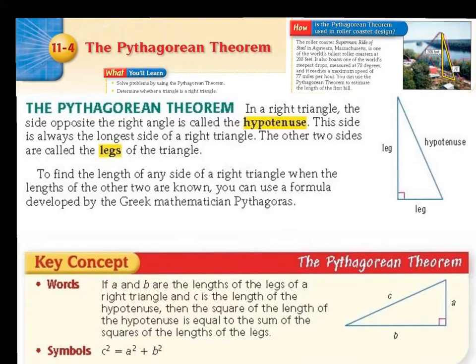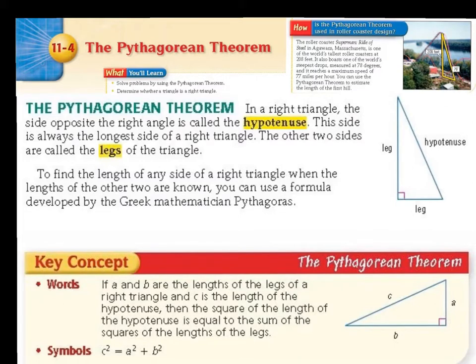In a right triangle, the side opposite the right angle is called the hypotenuse. This side is always the longest side of the right triangle. The other two sides are called legs of the triangle. To find the length of any side of a right triangle when the lengths of the other two sides are known,